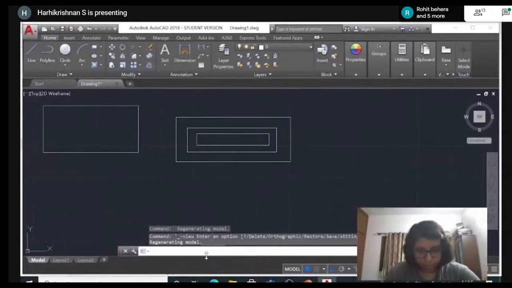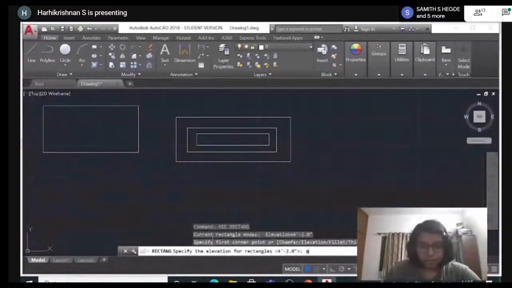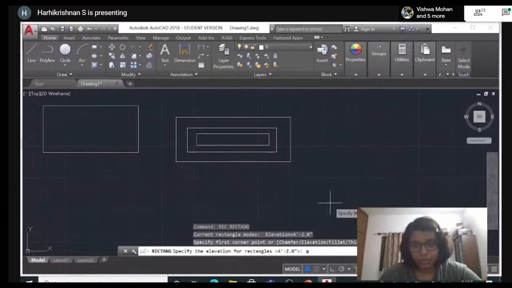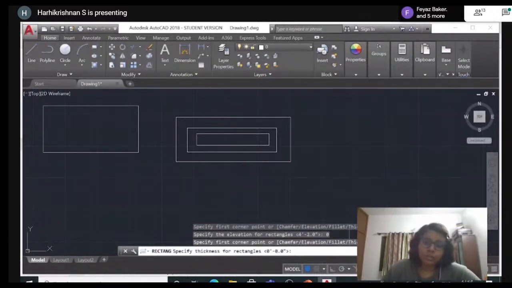Again, don't forget, go back to rectangle mode, go to elevations and make it 0, or else your rectangle will not be on the ground level. It will be 50 units above the ground. So you're supposed to make it 0 in order to get back your normal rectangle. So coming to thickness,